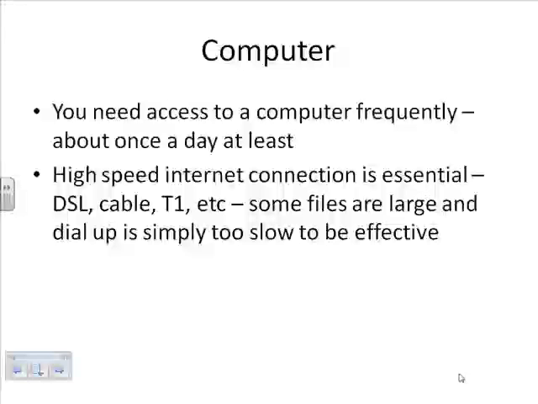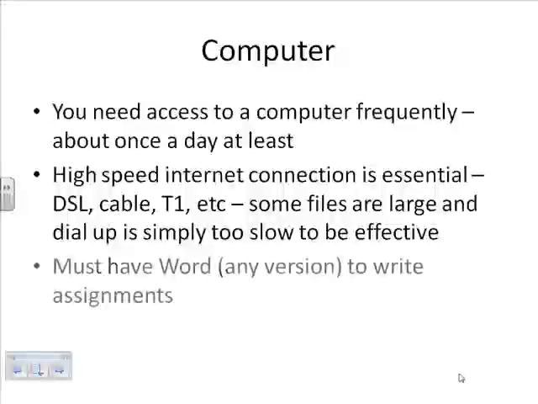It's also important that the internet connection that you have is fast. Some of the files, such as the one you're watching, are going to be large. So it's important that you have a high-speed internet connection or access to one somewhere. Examples of this would be DSL or cable internet that you might have at home. The T1 line at the college, of course, is quite fast. And many public libraries have a fast internet connection. The files, in many cases, are going to be too large to deal with if you just have dial-up. Dial-up is going to be really too slow, and you're going to be annoyed. The lecture presentation files will be large.